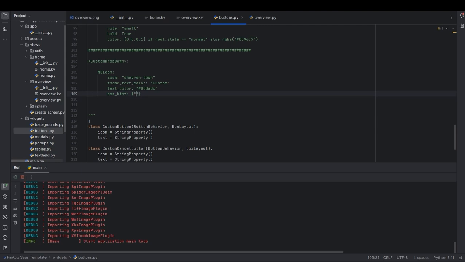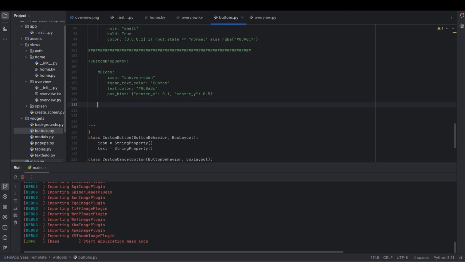Then our pos_hint. Here we're gonna say center_x, we're gonna set it to 0.1, and our center_y, we're gonna set it to 0.5. So what this is gonna do, right, it's gonna be positioned towards the left side at 0.1 of the whole CustomDropDown widget. Then underneath here we're gonna put a spinner,